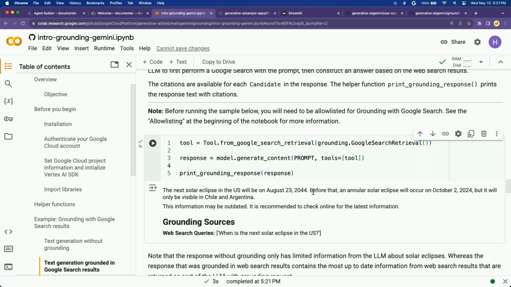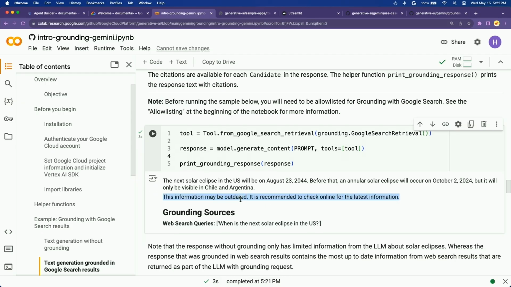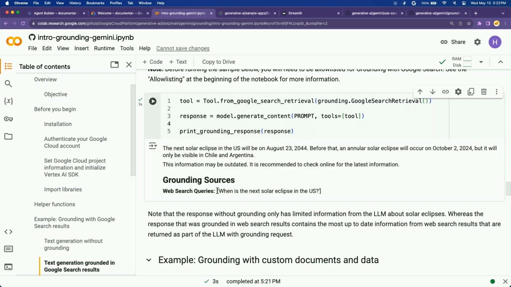Before that, an annular solar eclipse will occur on October 2nd, 2024, but it'll only be visible in Chile and Argentina. It says this information may be outdated, but this information is actually pretty correct here. It's trying to be extra safe here. And we can also see the exact queries that it made to Google search to actually get that information. But there we go. We already have some more up-to-date information than something that we could just get from the